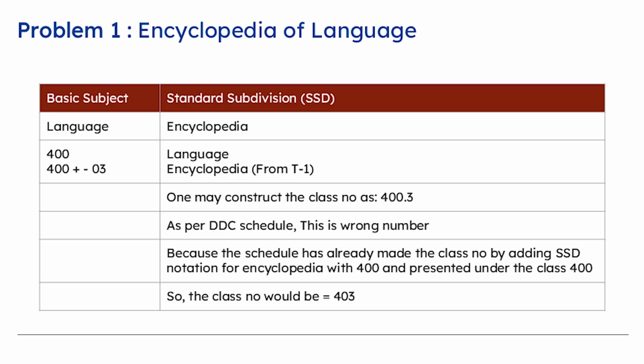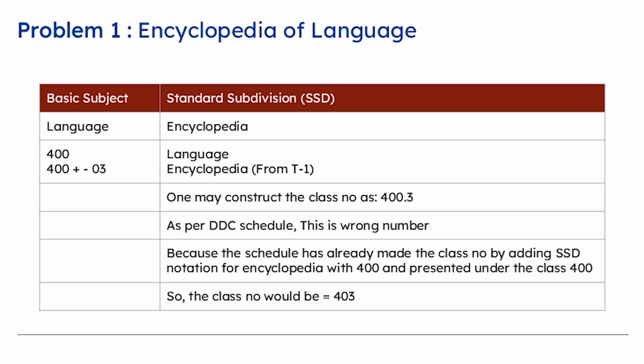He knows that if 0 exists before and after the point, on the left and right sides, then it can be ignored. So accordingly, he will put the class number as 400.3, but it would be wrong because